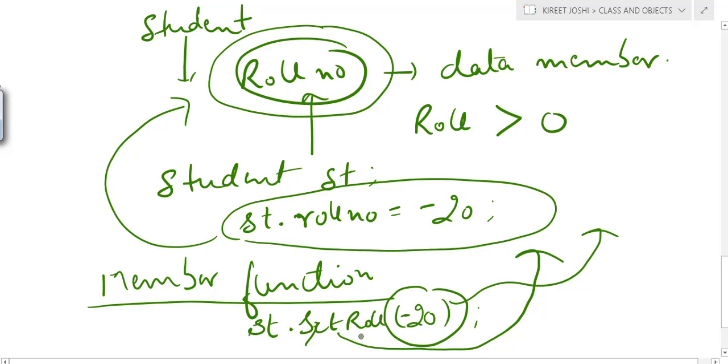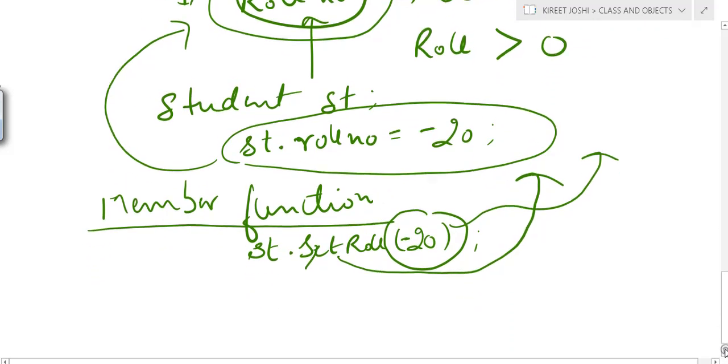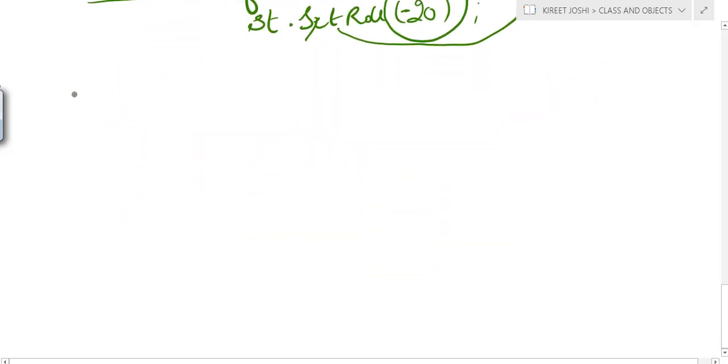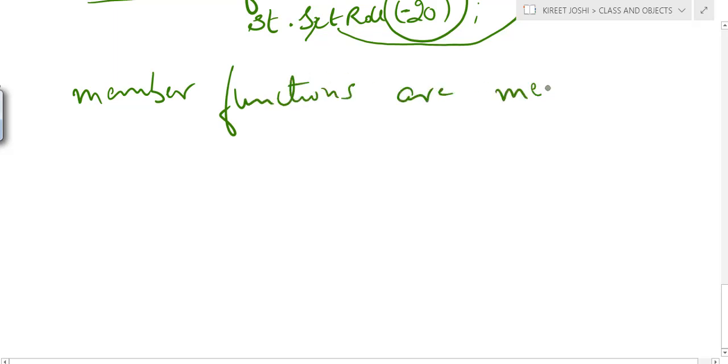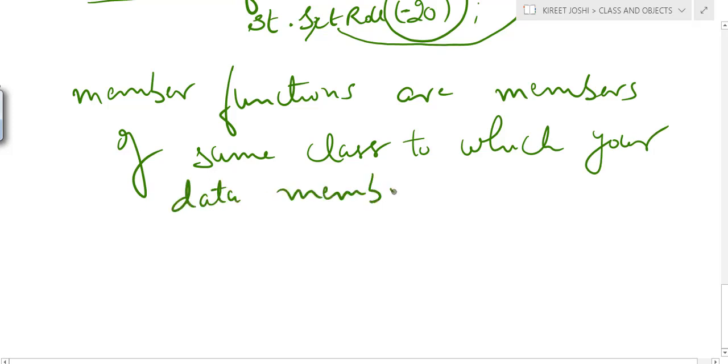So what are these member functions? These member functions are the members of the same class to which your data member belongs.